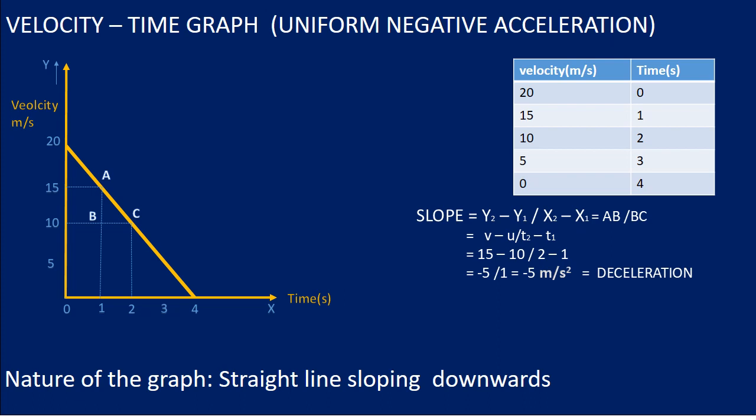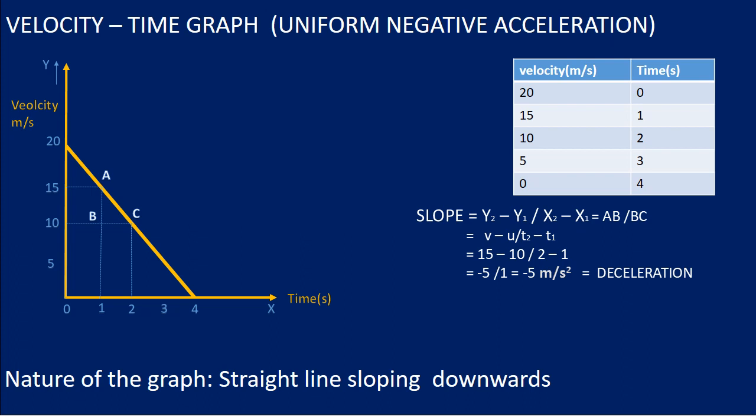So let us plot the VT graph for it, the velocity time graph. So time is taken along the x-axis and velocity along the y-axis, and when we plot, we get a graph like this. So you know what are the two uses of the velocity time graph? We can calculate acceleration and also we can find out the displacement at a particular time interval. So let us just find out the acceleration or the deceleration that has occurred to this particular object between the time interval 1 to 2 seconds.